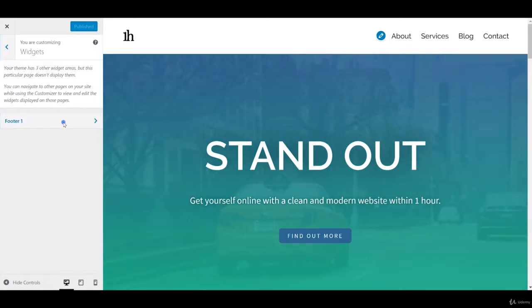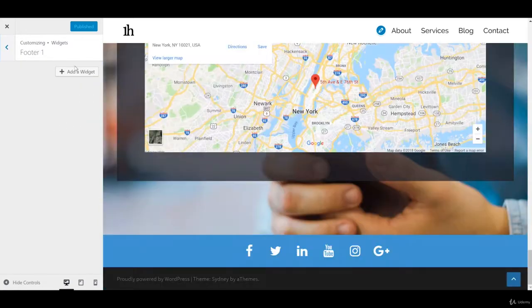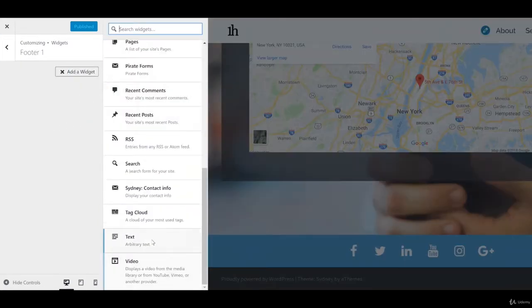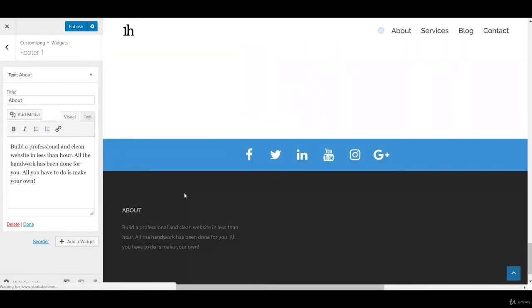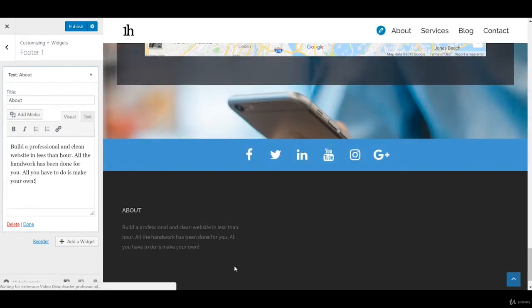We go to footer. Okay, so if we go to add widget, we're just going to simply go to text, arbitrary text. Put that in there, and you would type in something. Okay, so as you can see, that's looking quite nice. If we go back, we can go to